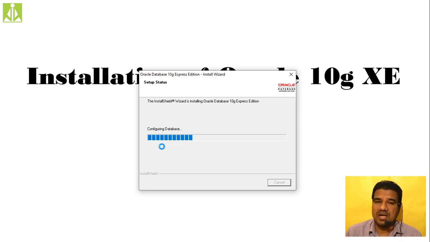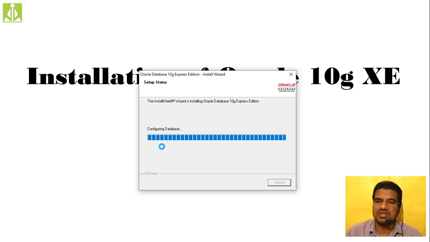But still you need to remember the administrator username, that is system, and the password that we have given as 123456, because at any point of time your user may crash, but administrator will remain intact. If in case your user has crashed, you can go with that administrator and create a second user.